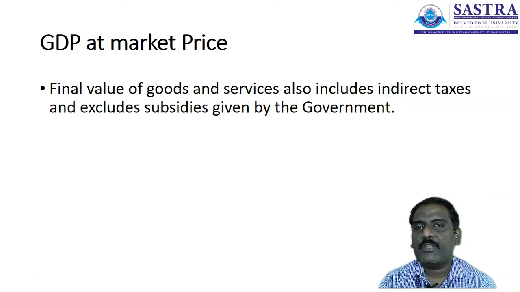Some more product. Let us take the example of the public distribution system. In the PDS, at the ration shop, you are buying a product that is available at less than the market price. Subsidies are given by the government for the people, and the government has classified the people into priority households and non-priority households.